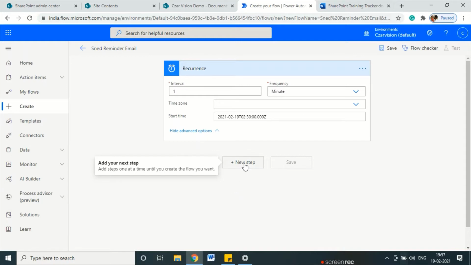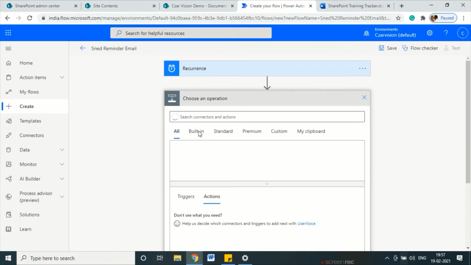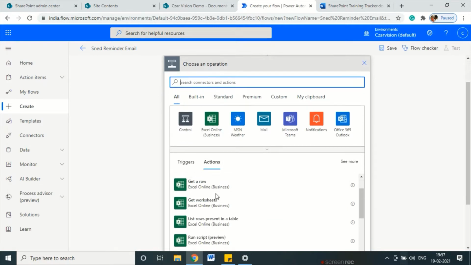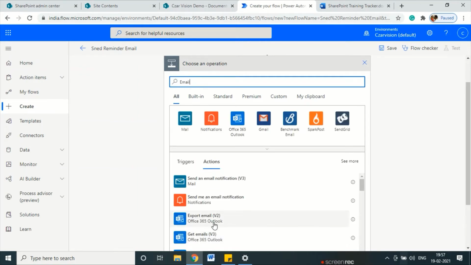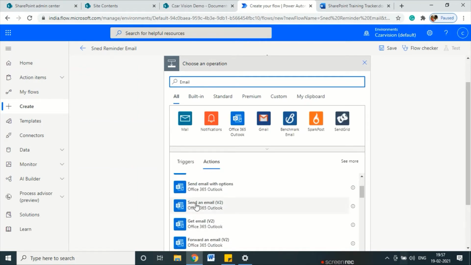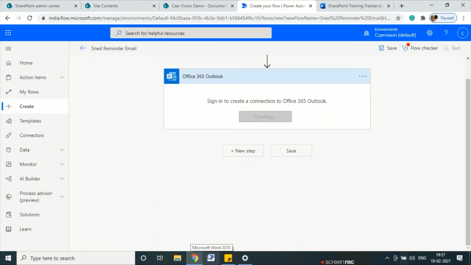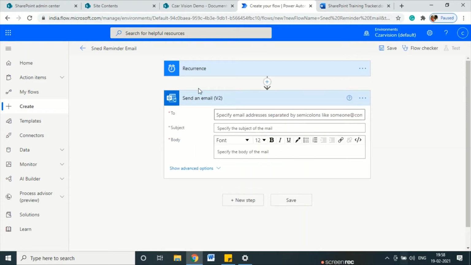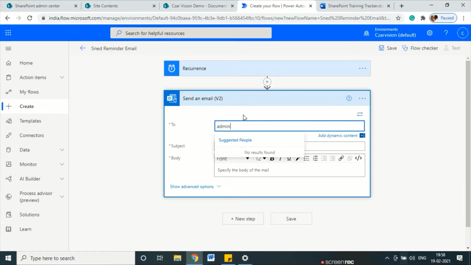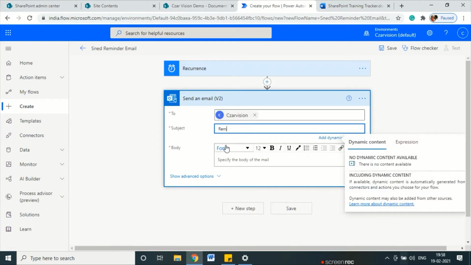Okay, so here I'll add a step and say send reminder email. So I will search for email. You can see here get email, send an email. It will create a connection to Office 365 Outlook. Outlook is another service, and we are connecting to that service. There is a user, my username is admin, so I will use my admin credentials here, and I'll say it's a reminder